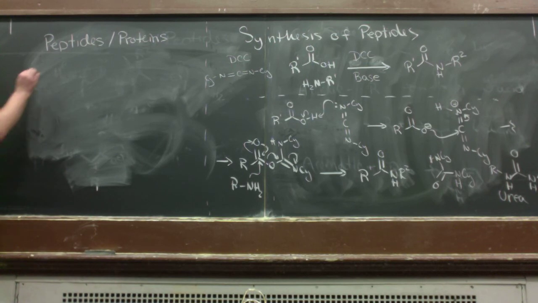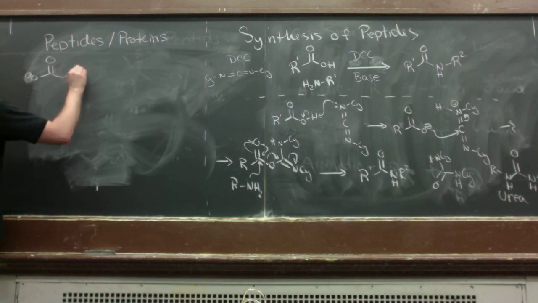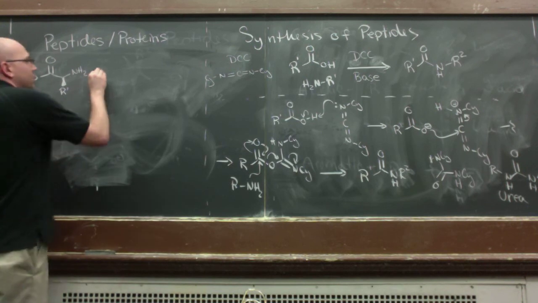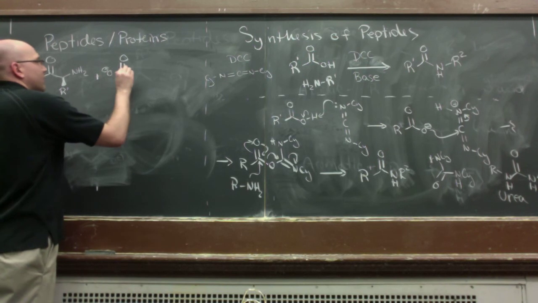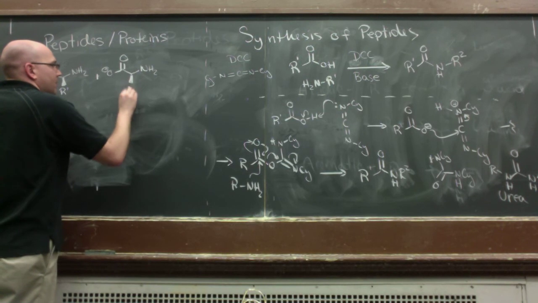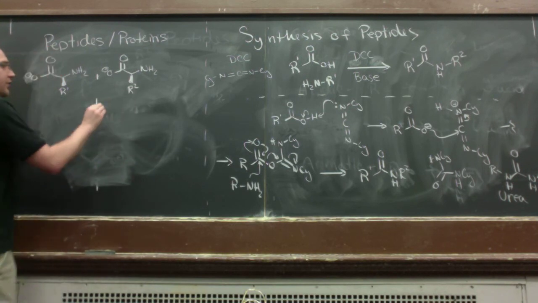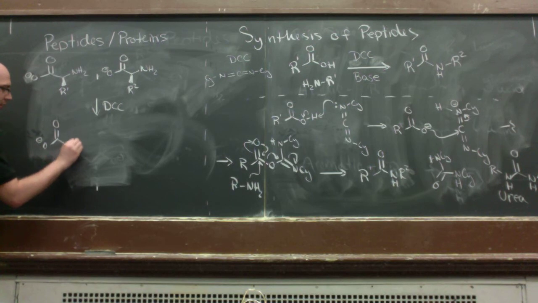But as you can imagine, the problem associated with that is that if you have say R1, and you say, for example, want to react it with R2, and you try to do this and react with DCC, you would hope to get